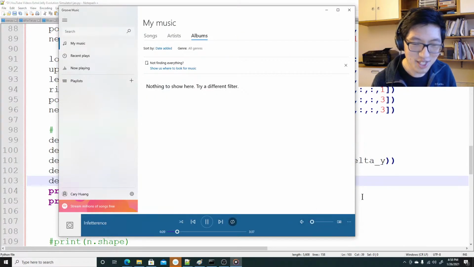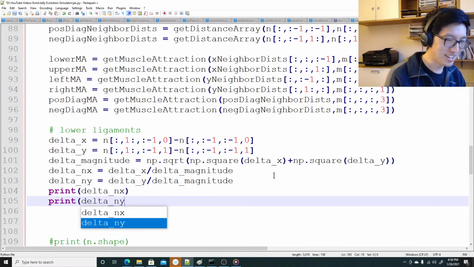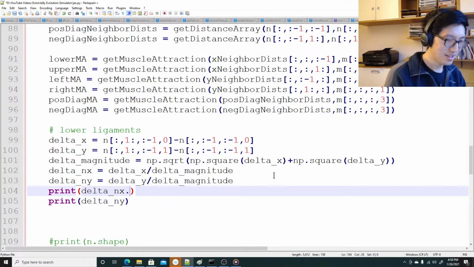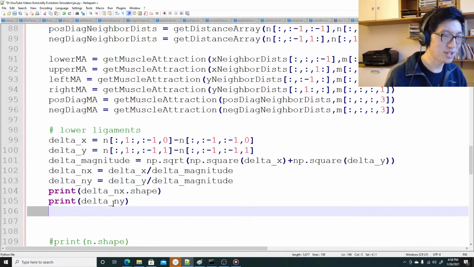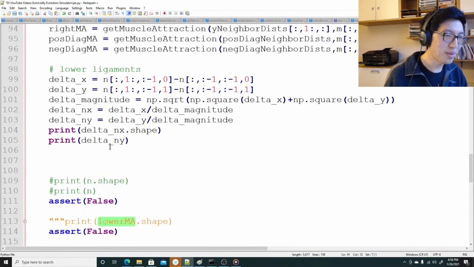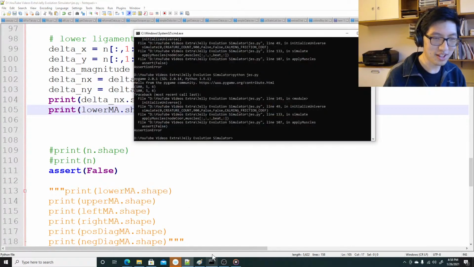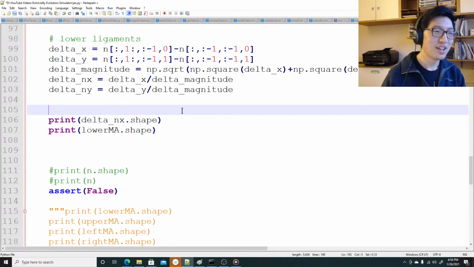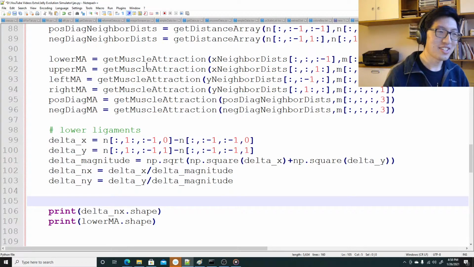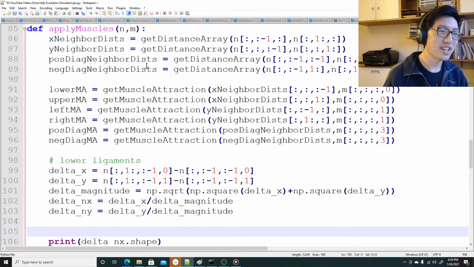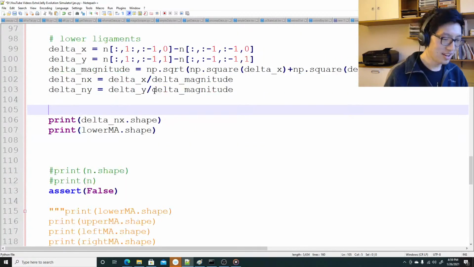Okay, I swear I've done barely any coding at all. Okay, friend, these are gonna be the same shape. I know they're gonna be. Okay, then lower MA shape. If they match, then that's sweet. Smooth sailing. They are the same shape. So what that means is we can say, finally, for the nodes,